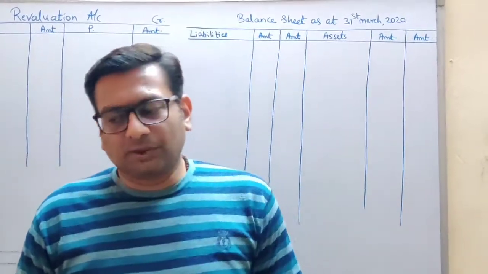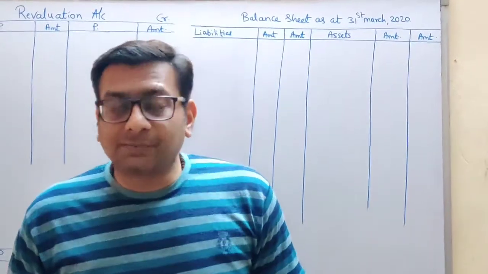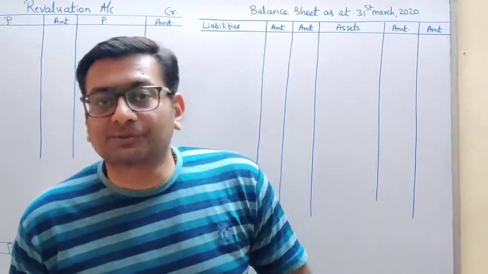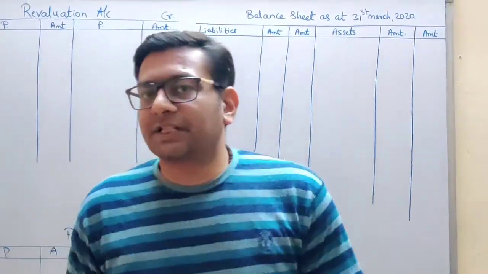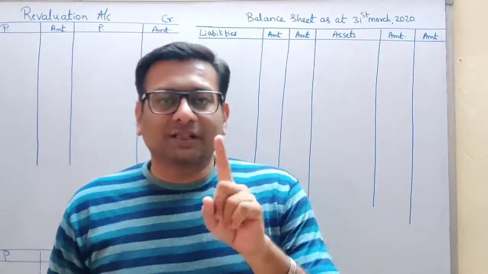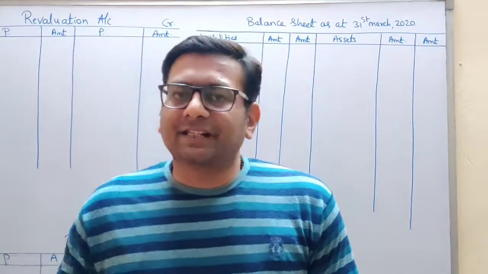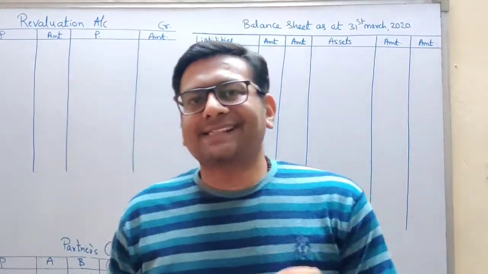Why? It is recorded one. Step 3, adjustments. You are going to give 2 effects for every adjustment in your answer. So these are the 3 steps. So I am going to solve one sum now in this video, and I am going to solve in these 3 steps. So our step 1 is adjustment.